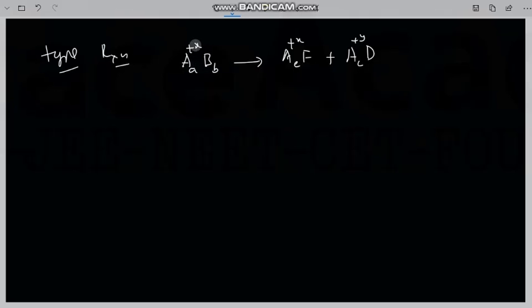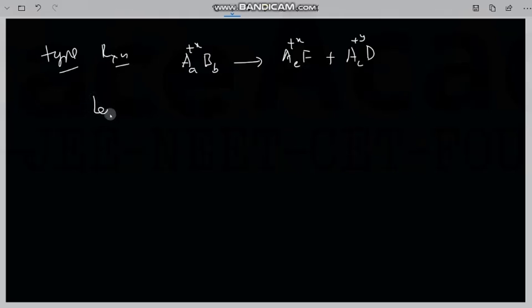See, in the reactant, the oxidation state of A is X. In one product it has the same value, and the other product has a different value, plus Y. For such reactions, n factor calculation is not possible without knowledge of a balanced chemical reaction. Here also, without knowledge of the balanced chemical reaction, we can't do it. It depends on how much A underwent change in the oxidation state to plus Y and how much A remained in the same oxidation state of plus X. Only on those conditions can we tell.